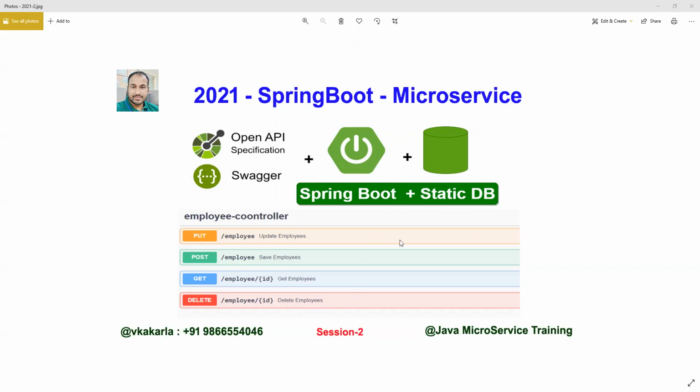So apart from that, Open API specifications. Previously, a little bit earlier, we were using Swagger. So why are we using Swagger? Actually, whenever you are developing Spring Boot RESTful applications or microservices, Swagger is the user interface where we can document our APIs. So like that, if it is a put, update employee; if it is a post, create employee or save employee; if it is a get, get employee. Something like that, we can document, and we can provide the user interface for testing all our APIs.